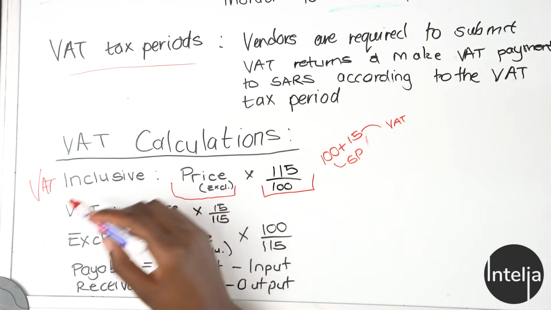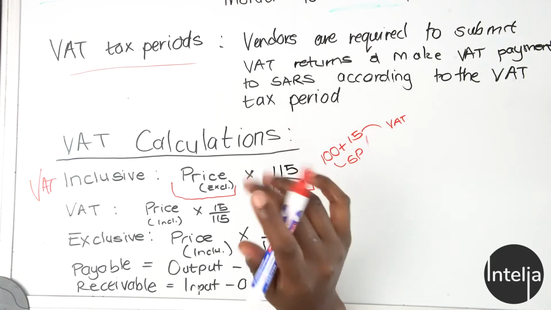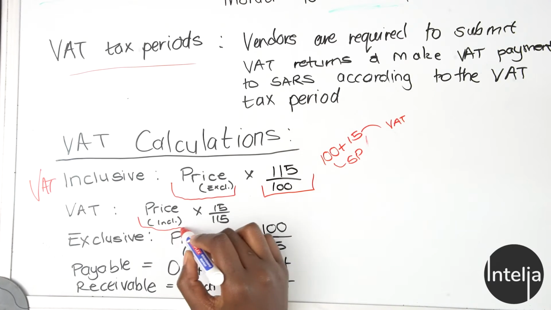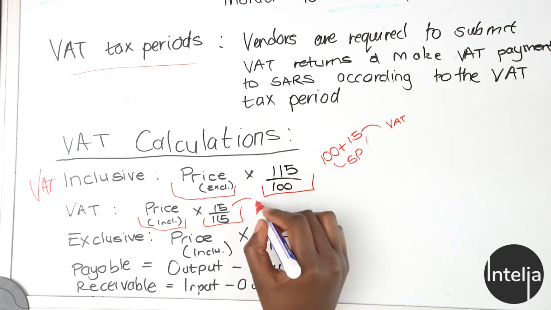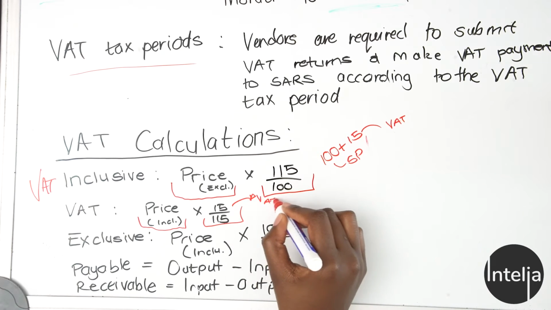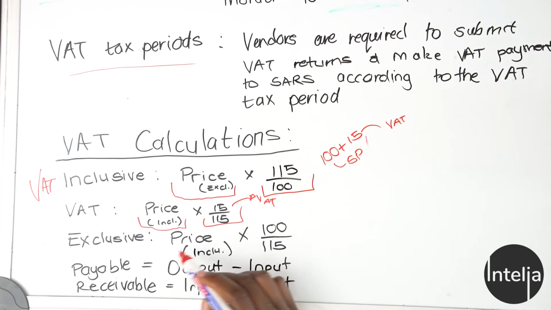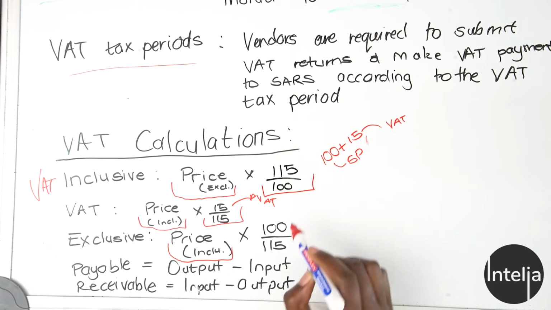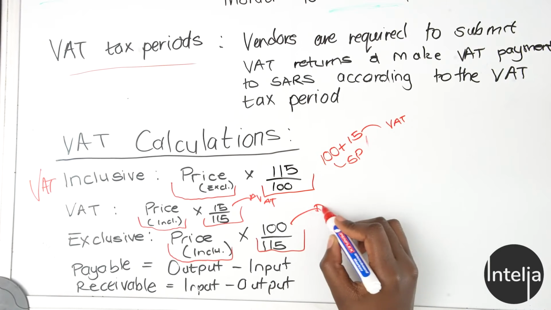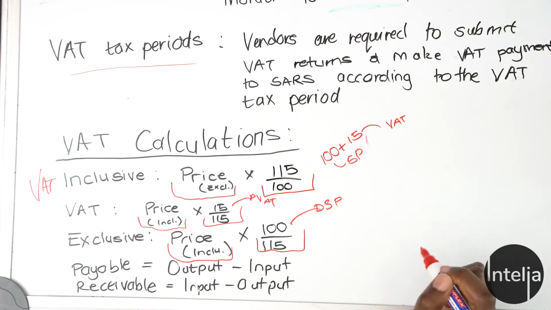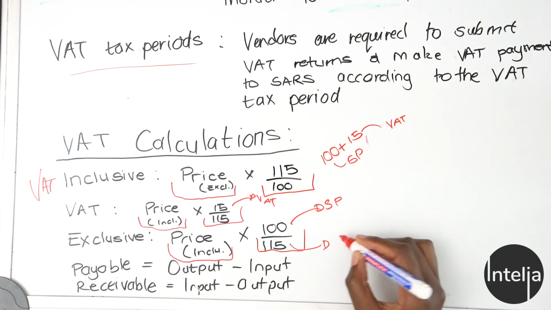Then to calculate the VAT in a VAT inclusive amount, you take the price, which is inclusive of VAT, multiplied by 15 over 115. Here we just want the VAT. Then to calculate VAT exclusive, we take the inclusive VAT amount multiplied by 100 over 115. So this is our selling price without VAT, so that we can find out the total amount out of VAT